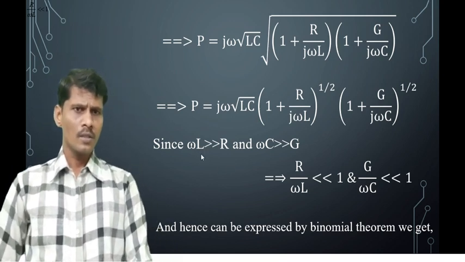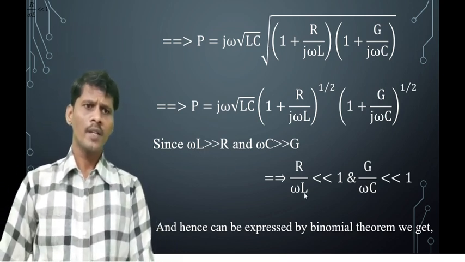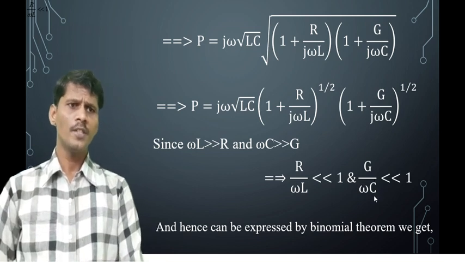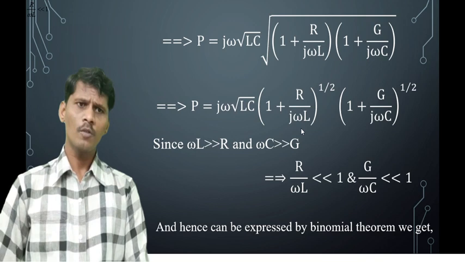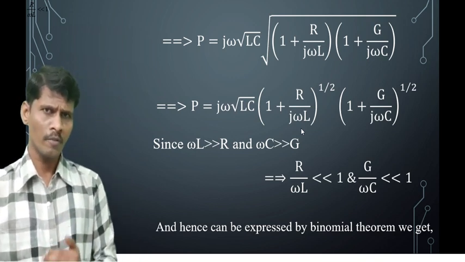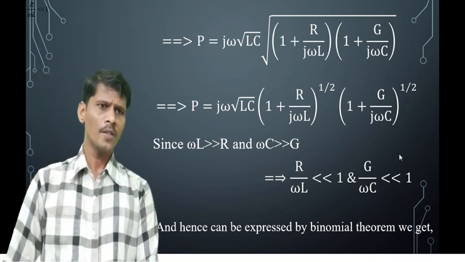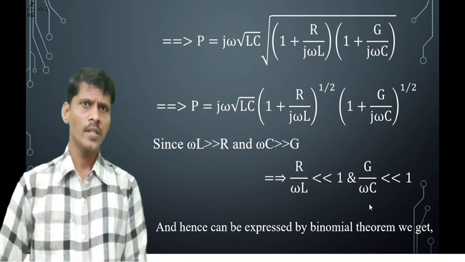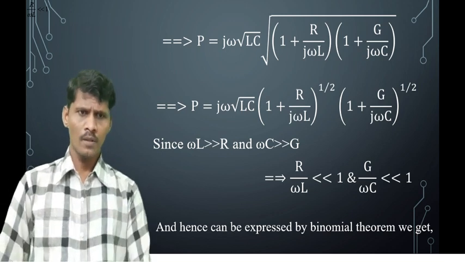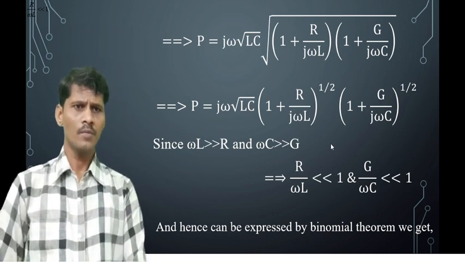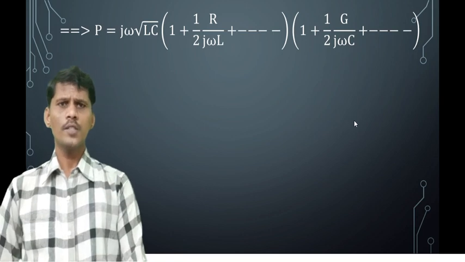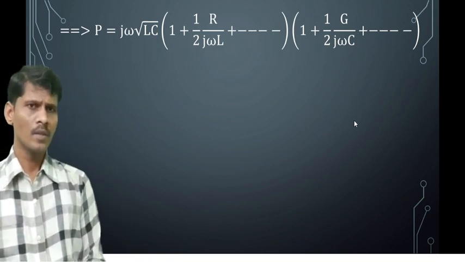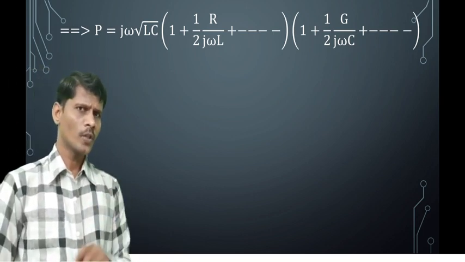So from this condition, R by omega L is very much less than 1 and G by j omega C is very much less than 1. So compared to the one, R by omega L is very much less value, and compared to the one, G by omega C is very much less value. So using binomial theorem, this expression can be simplified as the propagation constant